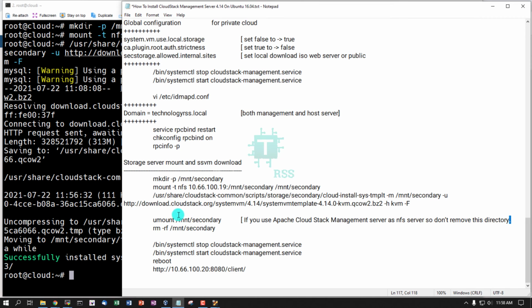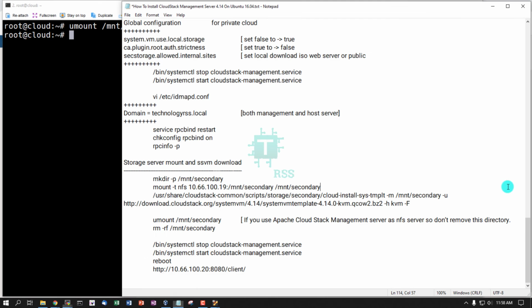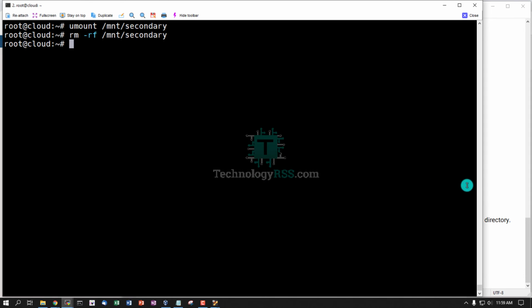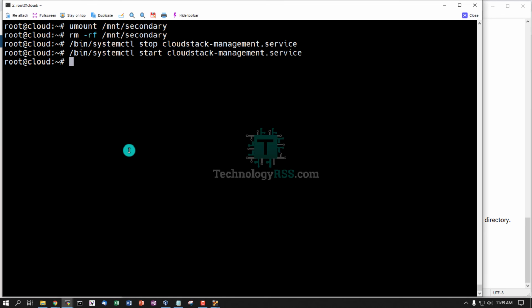Now you unmount this folder and remove this directory. But if you use the Apache CloudStack management server as an NFS server, then don't remove this directory. Then stop and start the CloudStack management service,